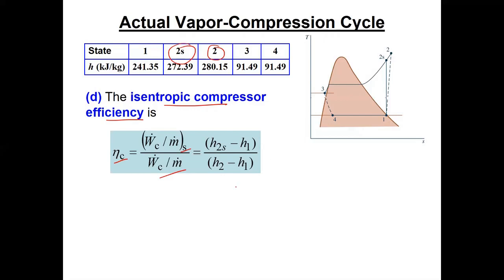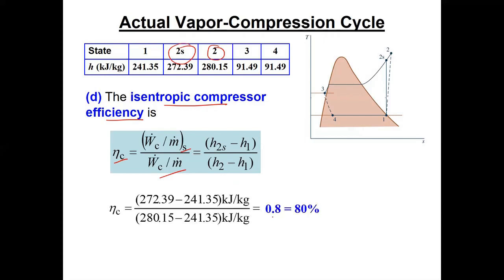Again, just plugging in the values, we get an efficiency of 80%, which is reasonable, but for other compressors, for example the kind we were using in the Brayton cycle, we were achieving higher efficiencies. It simply has to do with the kind of fluid that you're trying to compress and a lot of other things. So this is not bad, this is reasonably good. But certainly if you can bring this up a little bit further, make it 85 or 90%,